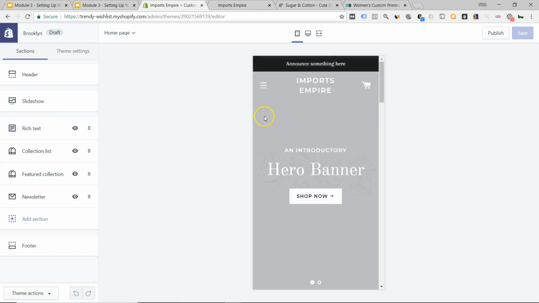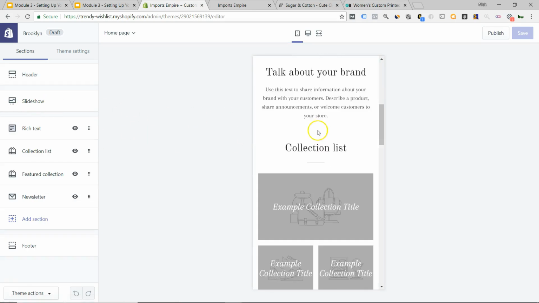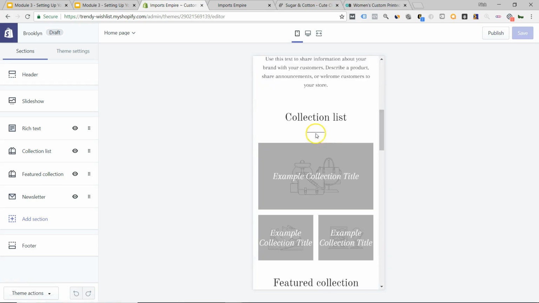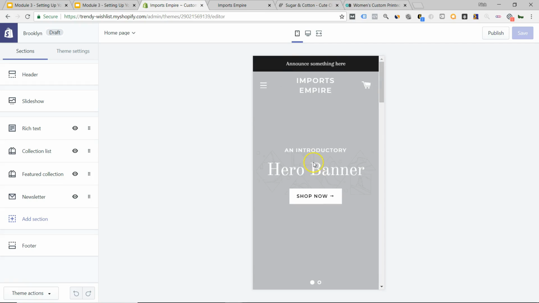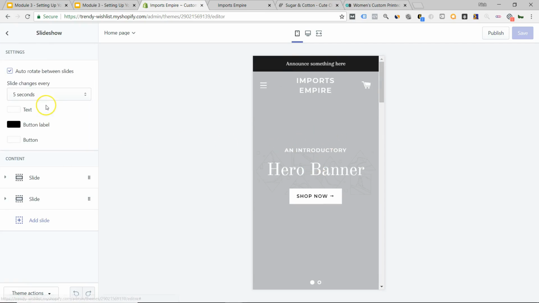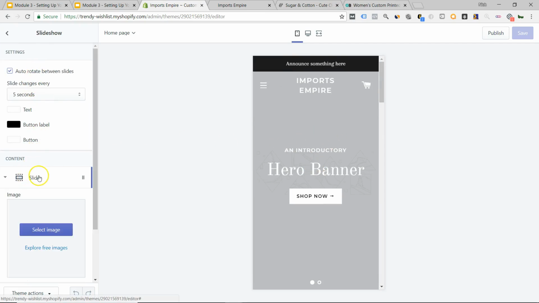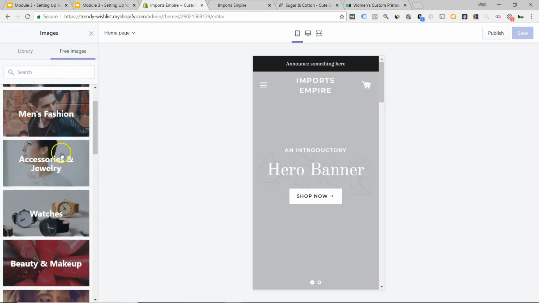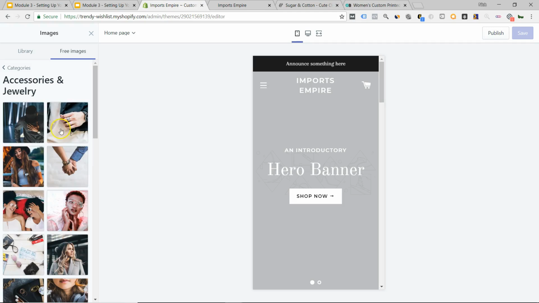So it'll be automatically set up by default as the way you saw Sugar and Cotton was set up. And then you just are going in and filling it all in, right? So slideshow, here's where you'll come in and you can select, so they do have the free images available for this, right? And so based on whatever you're doing,